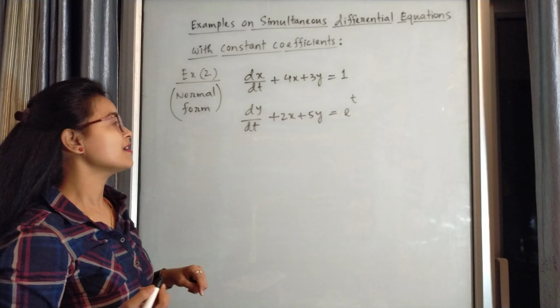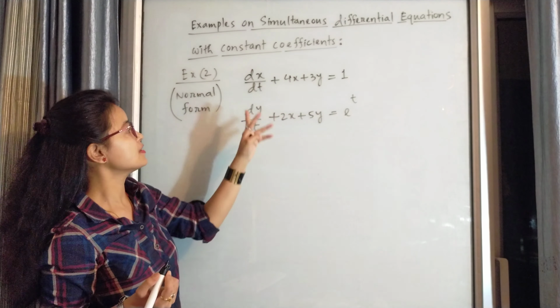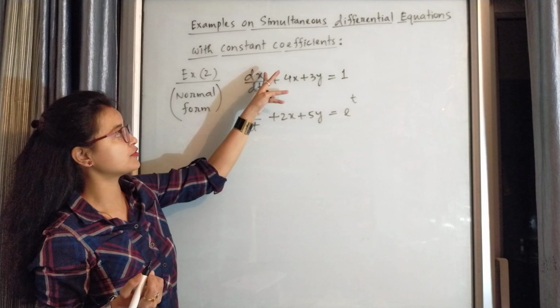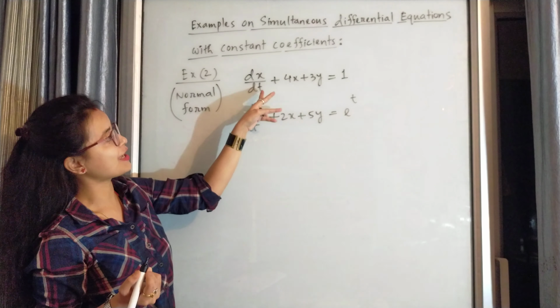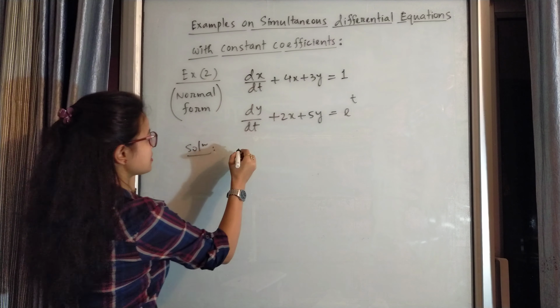Now let's see another example in the normal form. dx/dt plus 4x plus 3y is equal to 1, and dy/dt plus 2x plus 5y is equal to e to the power t. Here the dependent variables are x, y and the independent variable is again t. So using the operator D, we can write the system as